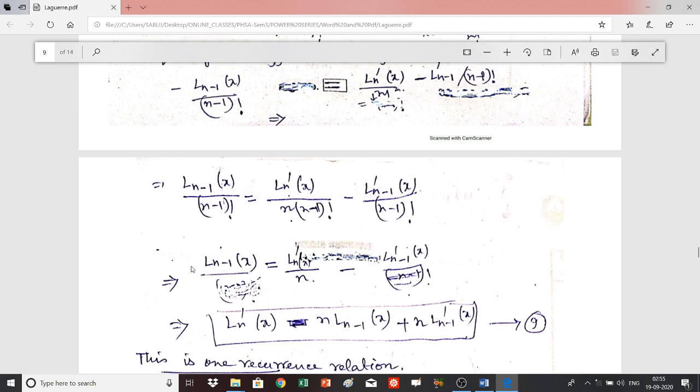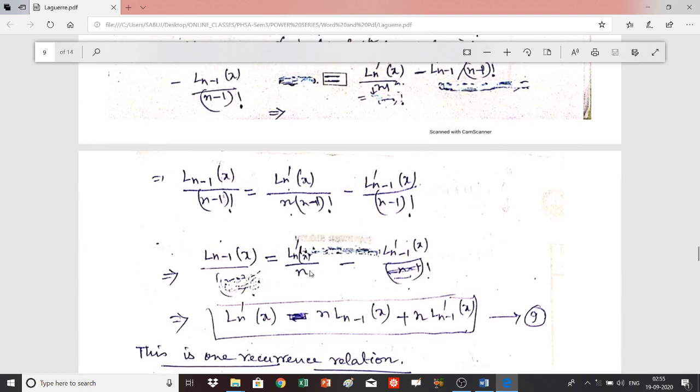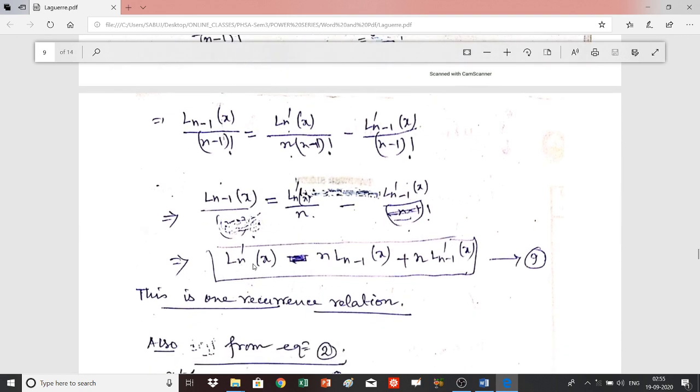Here the minus sign is missing, so unfortunately the minus sign is missing here, but when you practice it, you should put a minus sign before this term, and that will be L_n prime x by n. N will be there, and from this relation you can finally get L_n prime x minus n L_{n-1} x plus n L_{n-1} prime x, and this is